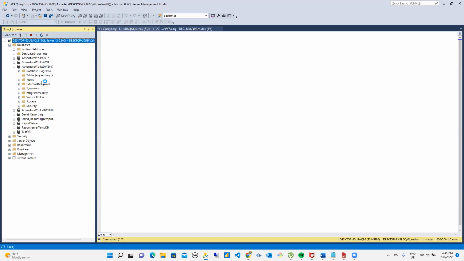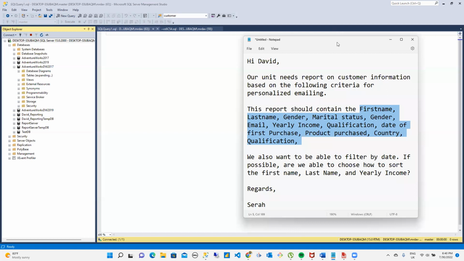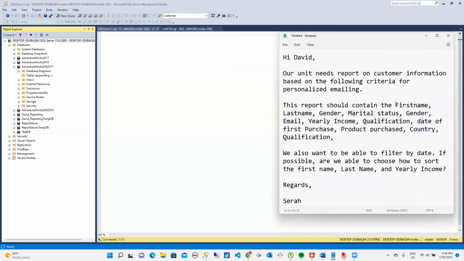And when I open the tables, I see a number of tables that are going to help me to answer the questions that I need to answer. First and foremost, I would like to have this here, just have it somewhere close where it can be visible for me to make reference to. So the first thing they are asking for is first name. So by this, I know that I'm going to be needing a dimension table for customers. So if they need first name, marital status, and all these have to do with customer information, and this will exist in a table,